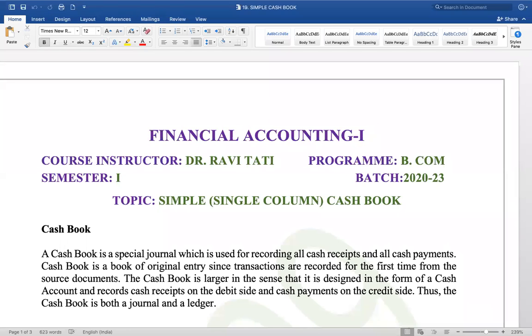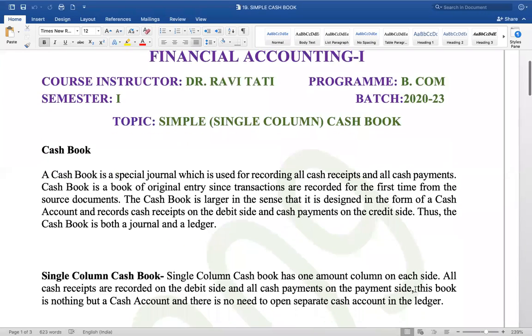Today we'll talk about simple cash book or single column cash book. Okay. Now I want Pawan G to read the paragraph,